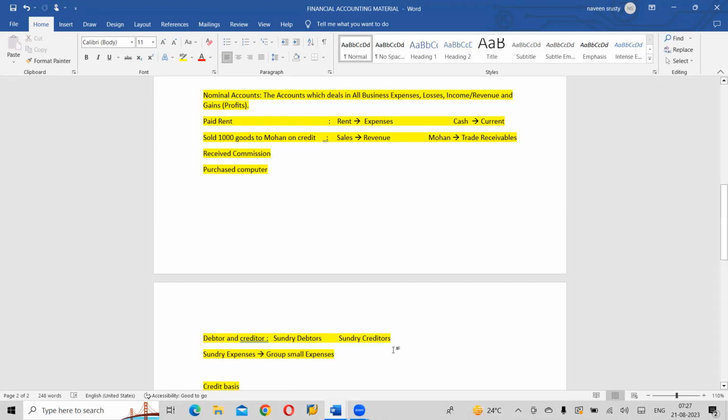Understood? So wherever a group is inclusive, for sundry debtors we will create one group called sundry debtors. Under that, whoever, say Mohan, is a trade receivable, so we need to select under current asset. There is a subgroup called sundry debtors, and we need to assign this Mohan to this sundry account. So that account group we need to define. It is possible when we have knowledge of these three accounting terminologies. Hope you got my point.